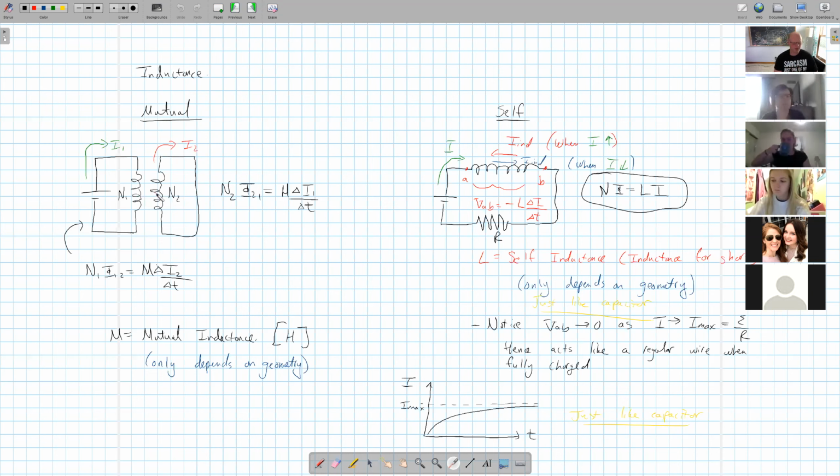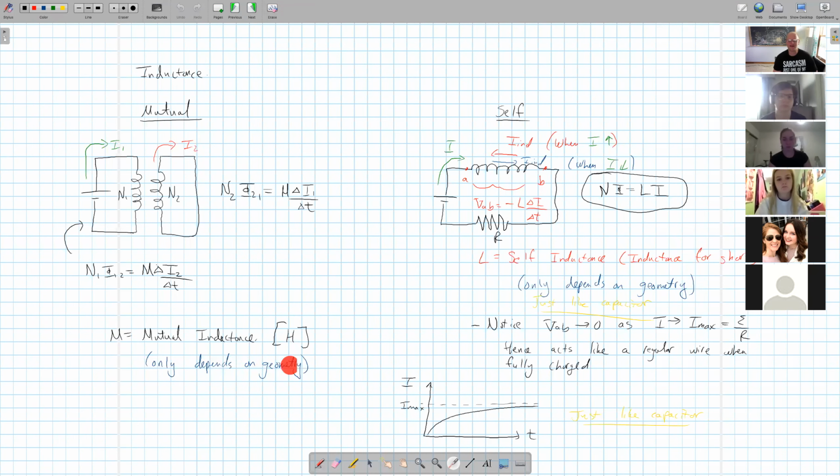But anyways, what this says is that the number of loops in the first circuit, N1, times the flux in the first circuit due to the second circuit, is equal to the mutual inductance M times the rate of change of the current from the second loop. Meanwhile, in the second loop, the number of coils in the second loop, N2, times the flux in the second loop from the first loop is equal to that same mutual inductance times the rate of change of the current from the first loop. So M here, again, is what's known as mutual inductance, and it has units of henries,